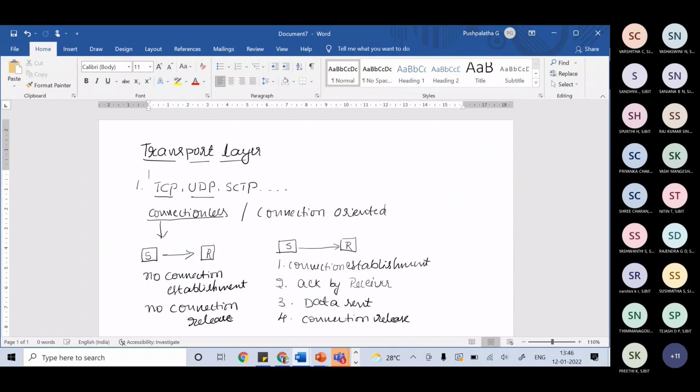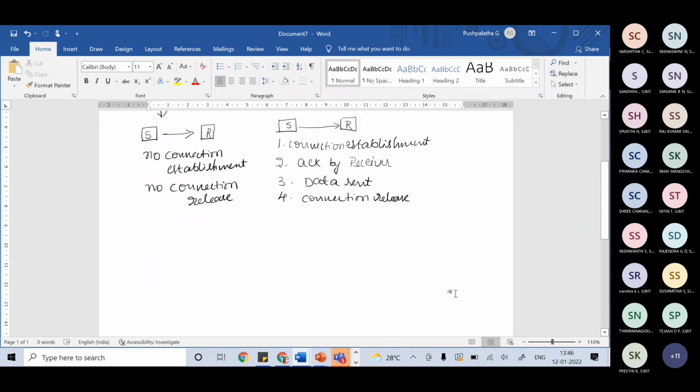Hope you are understanding. We will not have any connection establishment or connection release, and the packets we are sending are not numbered. If there are multiple frames to be sent, there is no dependency among the packets or frames.